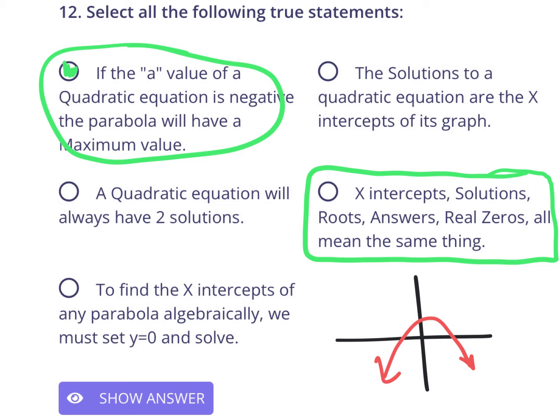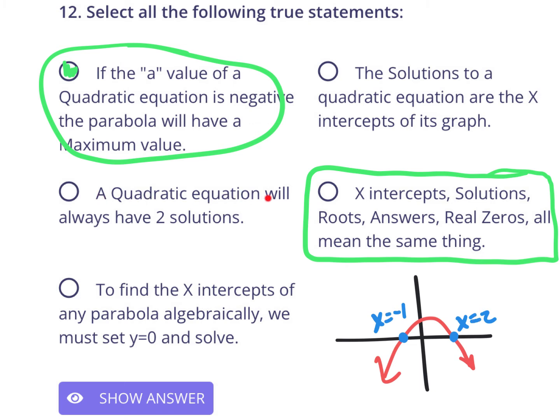Anyway, if x-intercepts are answers, they are solutions, when we look at any parabola and find those x-intercepts, whatever those values may be, like this one may be x equals -1, this one may be x equals +2,